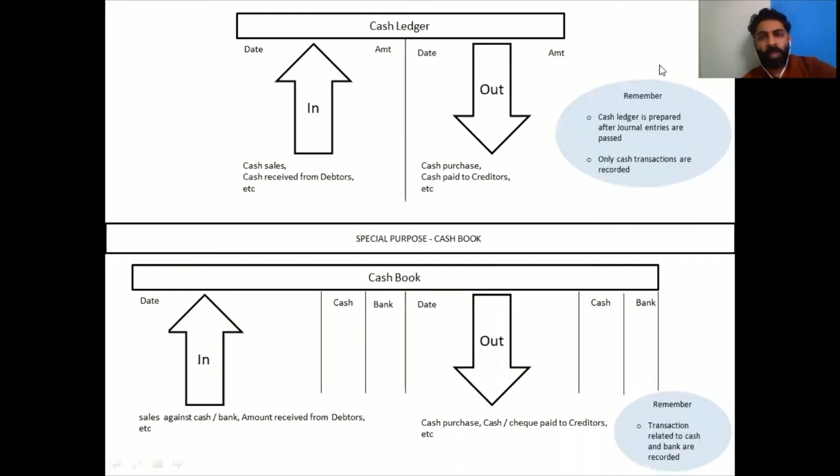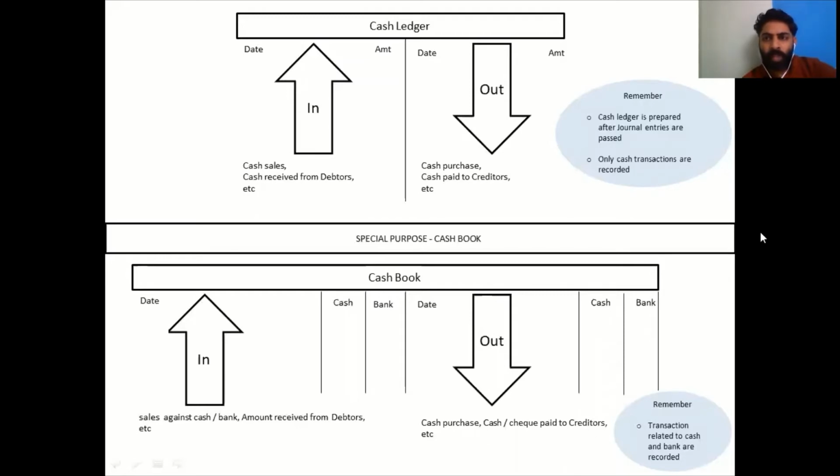Dear students, we are going to learn a new chapter named Special Purpose Cash Book. Before we start off, let's understand a little bit about cash ledger. As you're well aware, the debit side of cash ledger represents the cash inflow and credit side the outflow. Same logic we will be making use of to prepare a cash book. Only additional column which we'll be putting up is the bank column. In simple words, all the transactions related to cash and bank would be recorded under one head and we will call it as cash book.